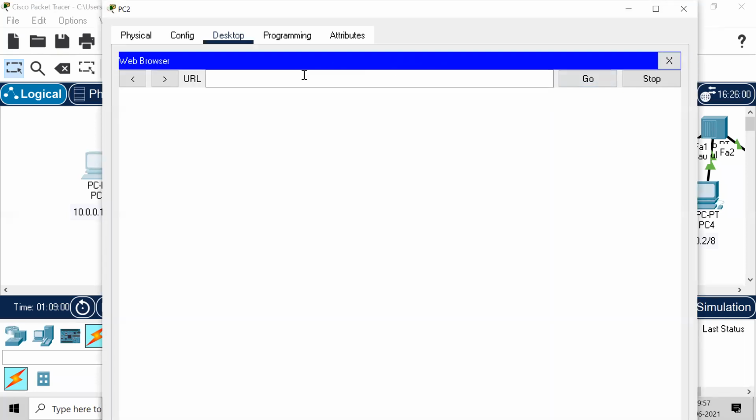Okay, so at present, if I go and type www.ciscopackettracer.com, the host name will be unresolved because I have removed my DNS IP address. So you need to know the DNS server is configured in your system. At present, it is not able to resolve this name to an IP. That is why it says host name is unresolved.